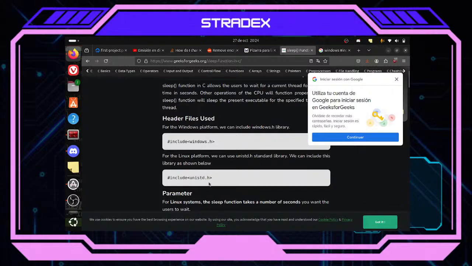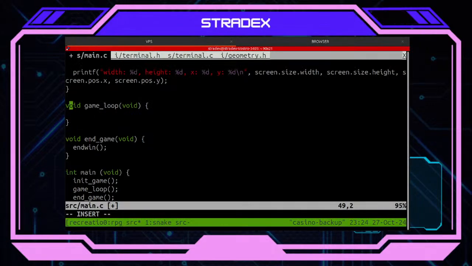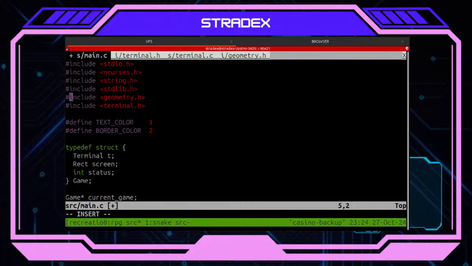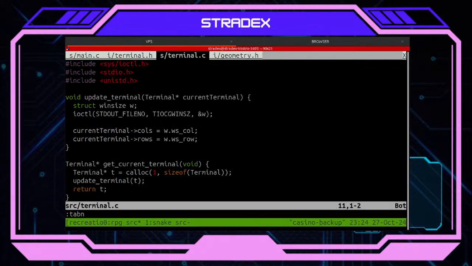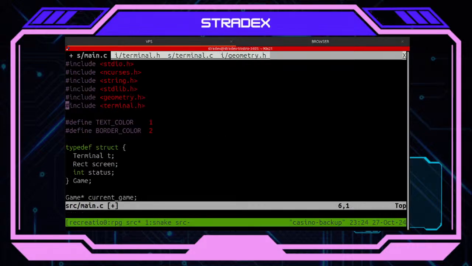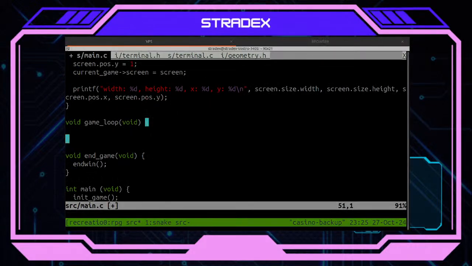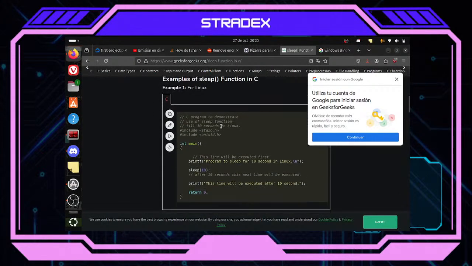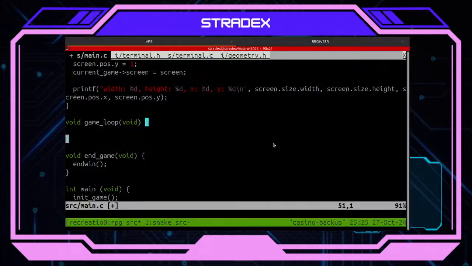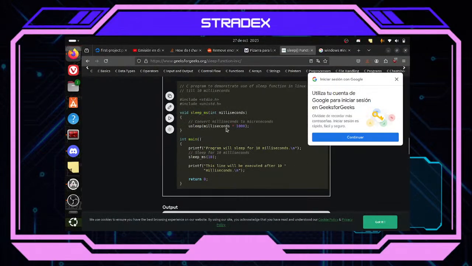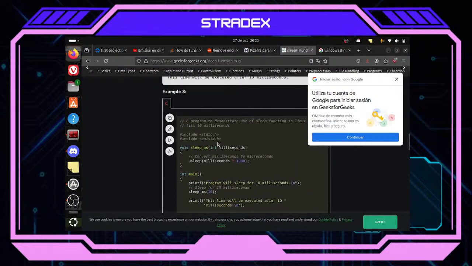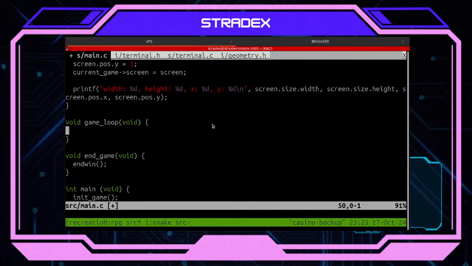Anyway, I'm going to focus on doing only this. But I believe this is included by another library here though. Yes, by this one. So let's just use sleep here and see how it works. Sleep milliseconds. Okay, great. So I can use milliseconds and that's far better.